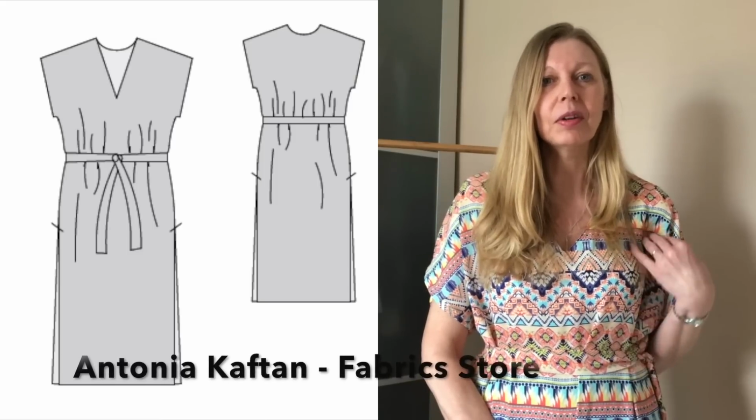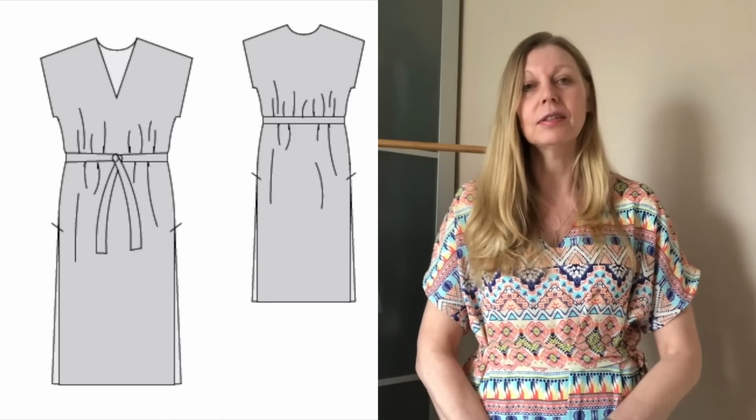So the first one is this one, which is the Antonia caftan, and this is from the Fabric Store. The Fabric Store has been a favourite of mine for a long time, just simply because of the variety of patterns that they've got out there. And while some of them can be quite basic, I think they've got a real wide variety of sizes and designs as well. So a couple of things that you just need to know about Fabric Store before I start,